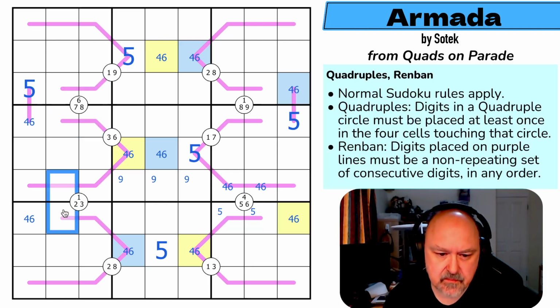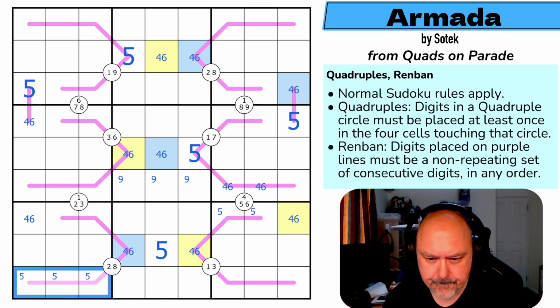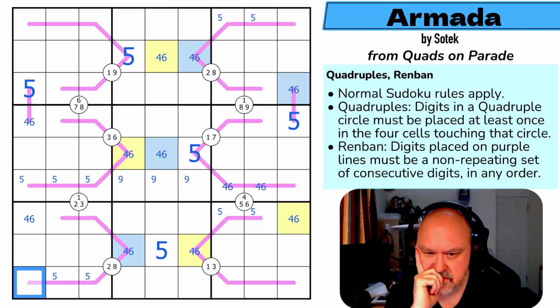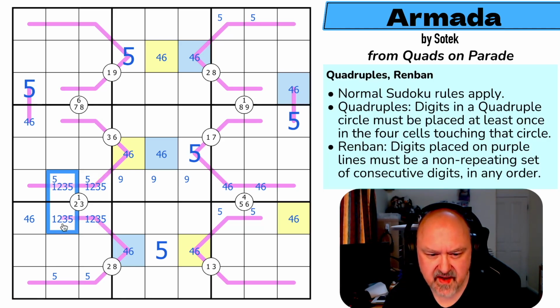Now, I know one of these... I don't have it. Five is definitely down here. 5 is definitely down here. And 5 is definitely up here. Except it's not there. And it's not there. So I've got those X-wings on 5s. Oh, this isn't 5. This is 1, 2, 3, 5. That is 1, 2, 3, 5. But there's no 5 there. This is 1, 2, 3. But I always knew this was low. But this now...